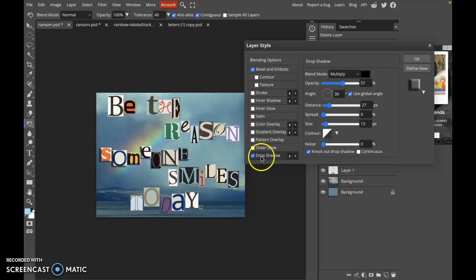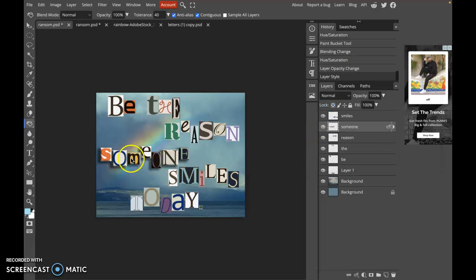A couple of popular ones are bevel and drop shadow. And once again, you can play around with it, see what these properties do, and play around with it until you like it. Now, the problem with this, so if I like the way this is set up, you can see it's not set up for any of the other layers. One of the things you can do,